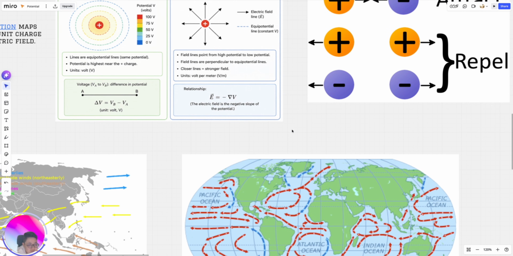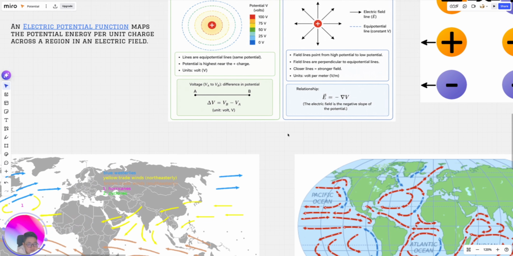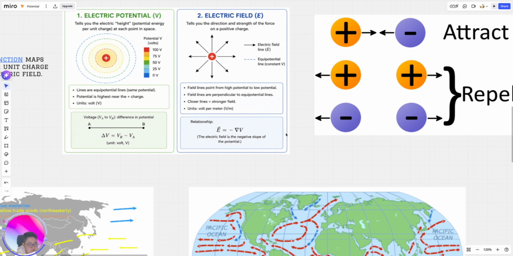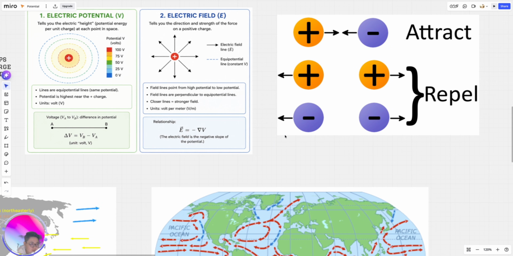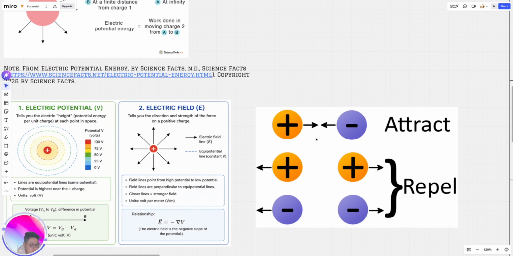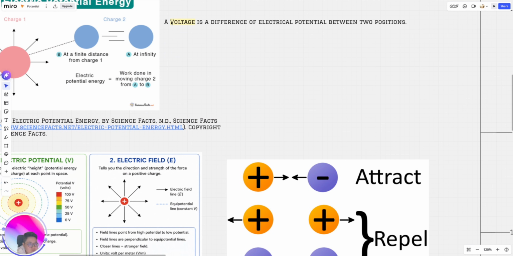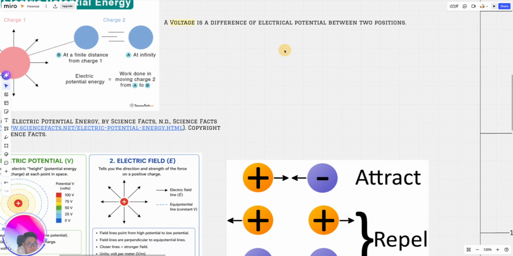And if you say, okay, all of this doesn't matter to me, I'm still confused, this analogy is just not working for me, I think the most important thing are these two parts, right? One is the definition here. Let me just highlight it again. The definition here: a voltage is a difference of electrical potential between two positions. And you can just understand electrical potential as a calculated value, like 10 or 5, and the voltage is 5. Or sometimes it can be negative if the positions have to be reversed.